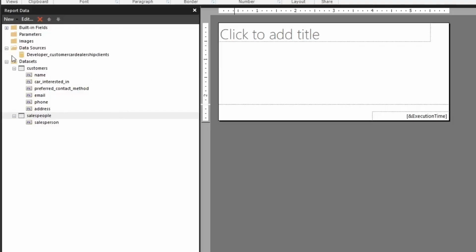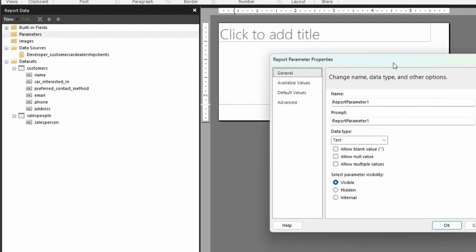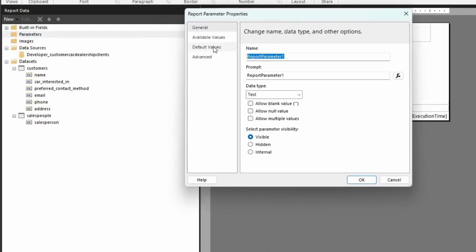Now, the next thing that we need to do is pass a parameter into our Power BI query for our clients. And that parameter is going to be the salesperson's name. So let's create that parameter in Power BI Report Builder. We're going to go over to parameters, right click it and then click add parameter. We're going to name this parameter